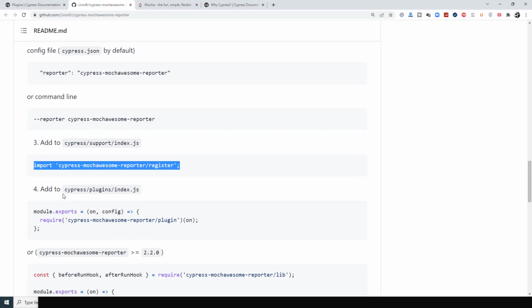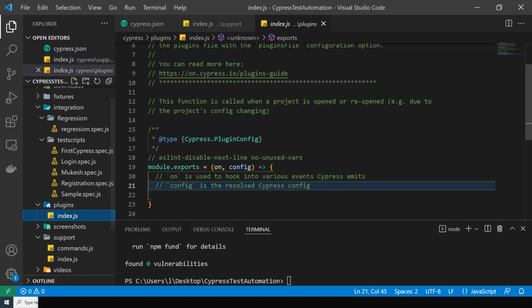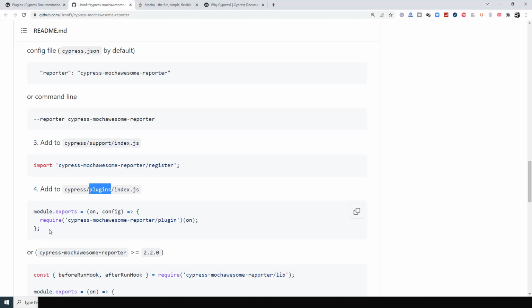Fourth step, now you have to open the index.js file, which is available inside the plugins folder. So again, go back, you will find a plugins folder. Here also you'll find an index.js file, and right now you can see we also have something called module.exports, right? So you can copy this, or you can simply copy this part